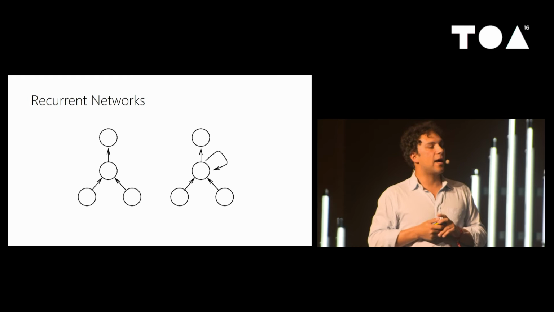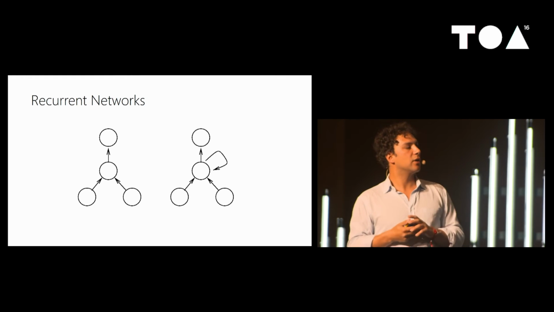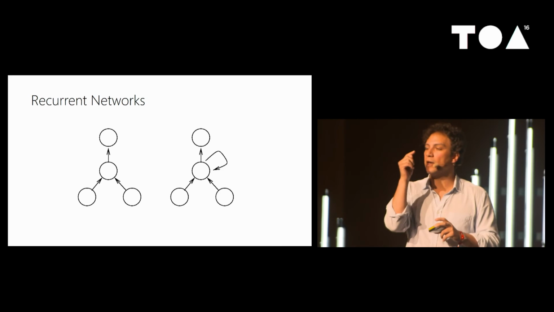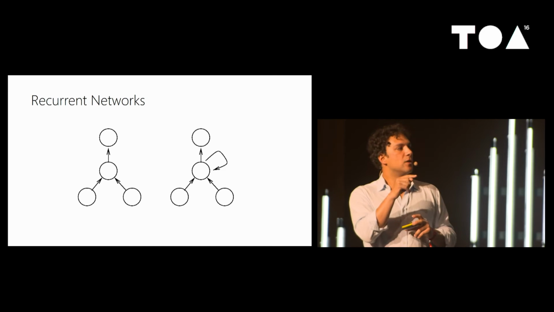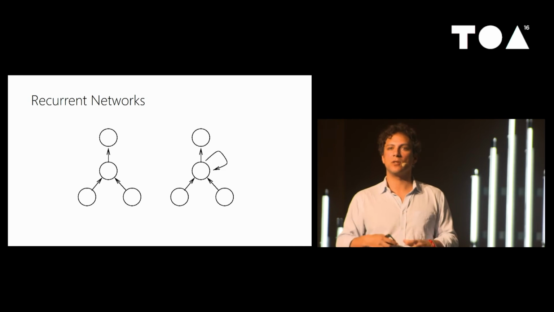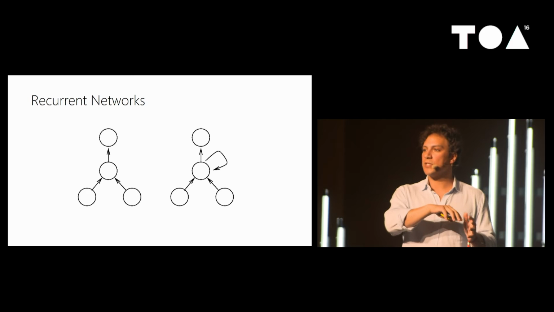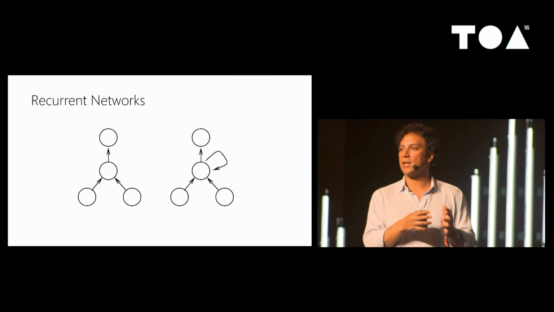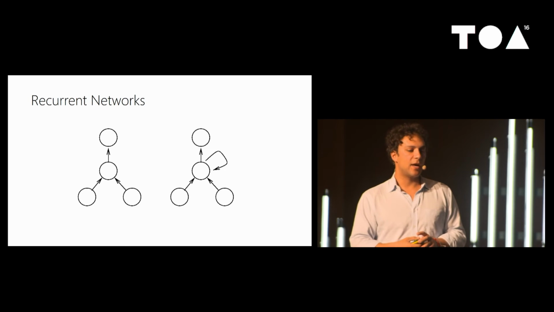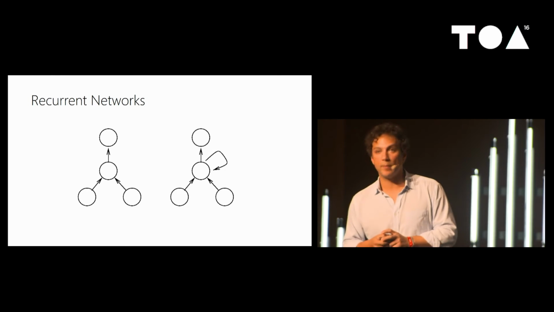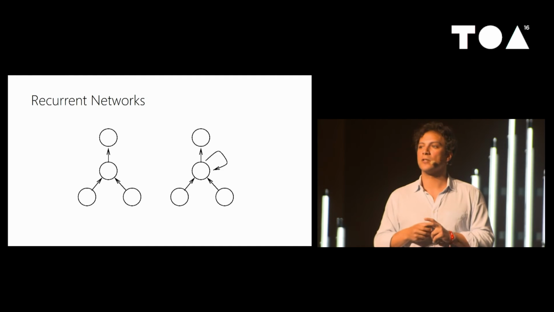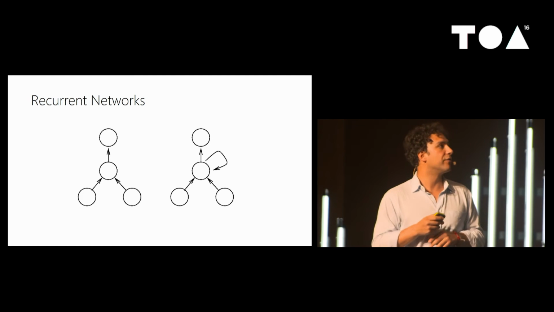And what that means is that when we run this network, the second time that we run it, we will include in the inputs for that node in the middle the previous output of that node as one of the inputs for the next run. So that basically means some of the state from the previous run is getting fed back in and some of the context is being preserved across runs for this network. And this turns out to be hugely, hugely important and powerful. Brains themselves are mostly these sort of recurrent connections where things go backwards in the network instead of forward.